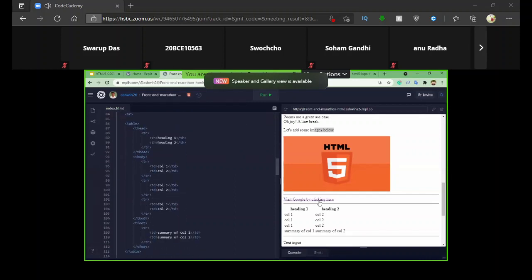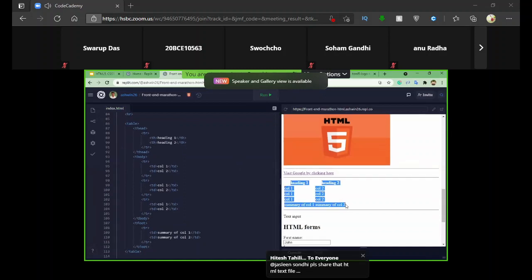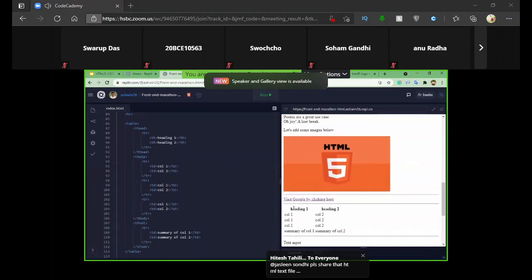So as you can see, this is an example of a simple table over here. In this table, we have the table header, right? Inside this table header, I've provided the table row. Whenever we want to create a row inside this table, we have to declare it inside tr. Tr is nothing but table row. Okay. So I've provided here two headings, a bunch of row elements called table data elements, followed by a table